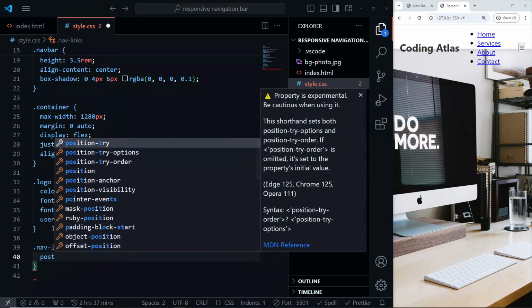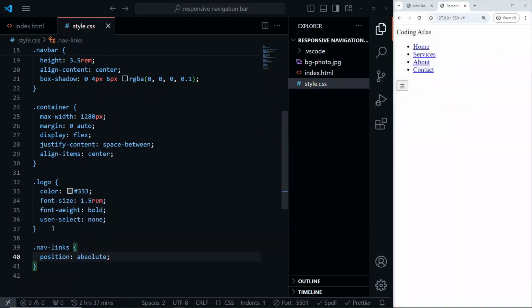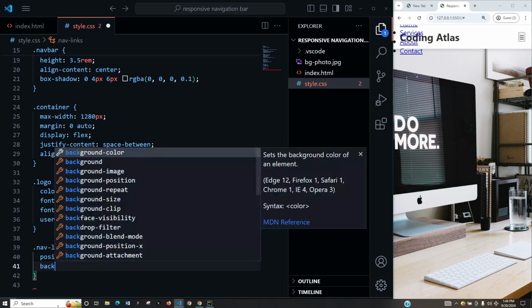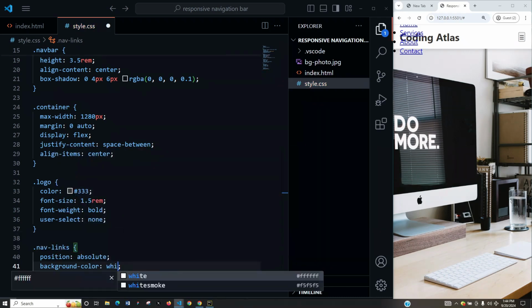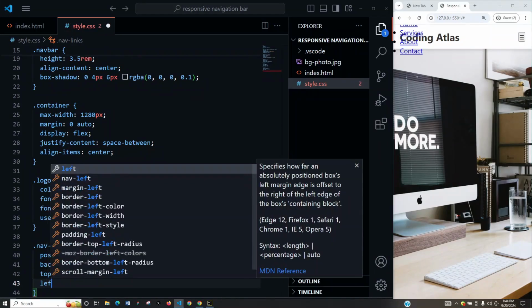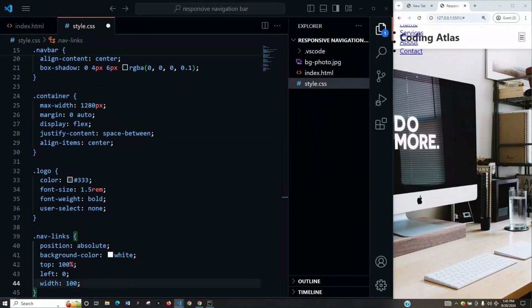Give it position of absolute. That's for mobile devices. Position absolute. We are using mobile first design principle. So we are styling our nav links first from mobile and then go upward towards large screens. Also give it background of white, background color of white. Top 100%, left 0, width 100 view width,